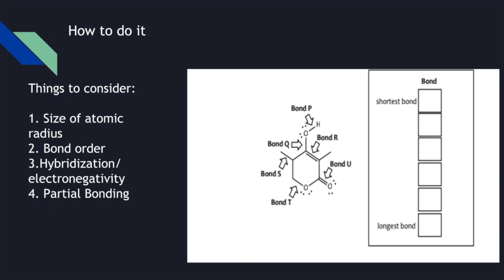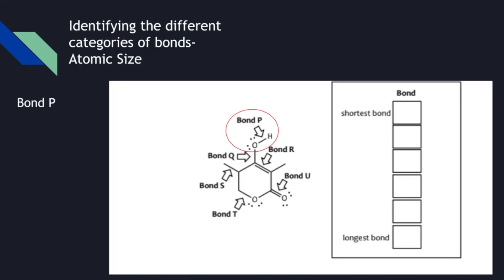also due to resonance. When going about solving this problem, breaking up the different types of bonds into categories based on the criteria given can help determine which are the shortest bonds and which are the longest bonds. Any bond involving hydrogen will be the shortest, and the smallest atomic radius involved in the hydrogen bonding will produce the shortest bond length. Bond P is the only bond that falls into this category because it is the only bond involving hydrogen. Any atom involved in a triple bond will thus be the next shortest bond, followed by a